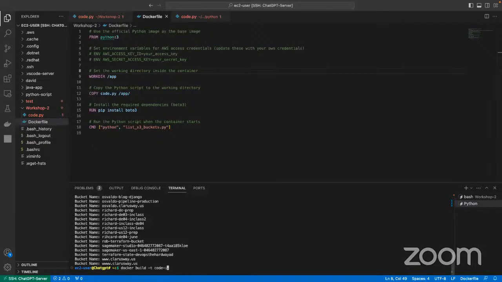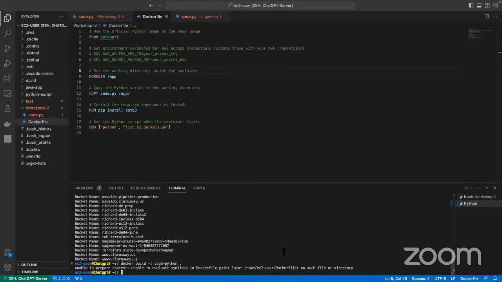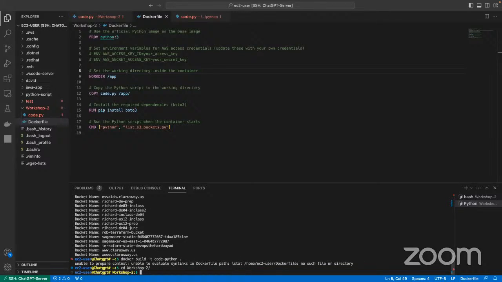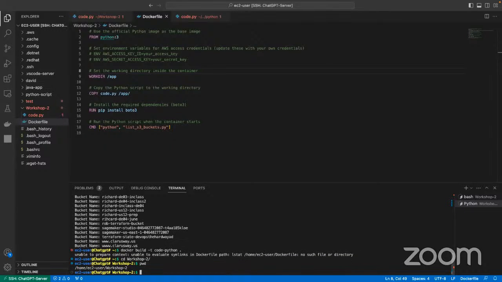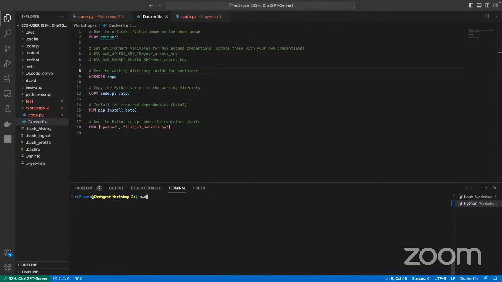So let's say Python, give a name to our application. We are not running this command under the correct folder, so for that reason I'm just going back to int. So here, I think our code block is going to work.